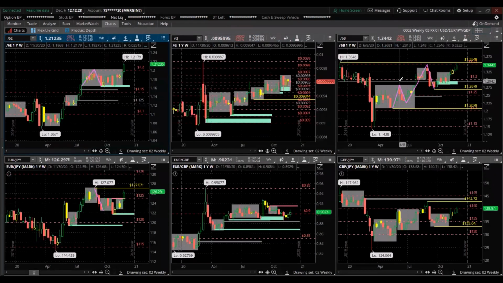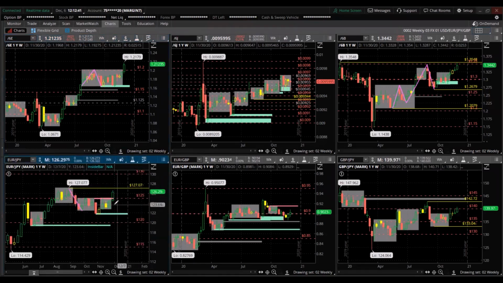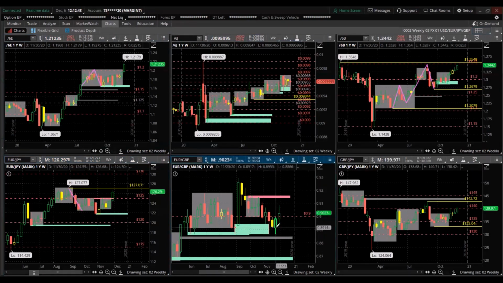Let's finish off here looking at the major currencies with one another, again on the weekly time frame. So on the weekly time frame, right there, the euro yen broke out of consolidation, giving strength to the euro, running up to this consolidation. The euro pound, it reversed off this bottom, giving strength to the euro, but it's back inside this consolidation. So it might be an opportunity to go short again. We'll see what happens in the days ahead. And the British pound, the Japanese yen, trending higher off this consolidation, giving strength to the British pound.